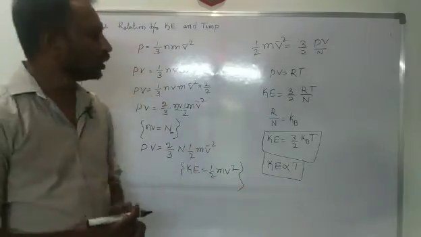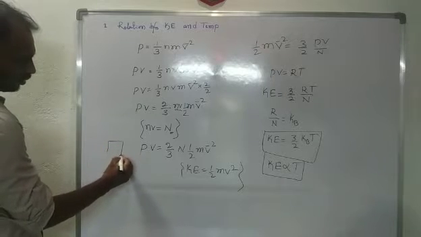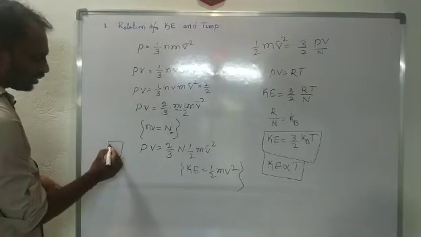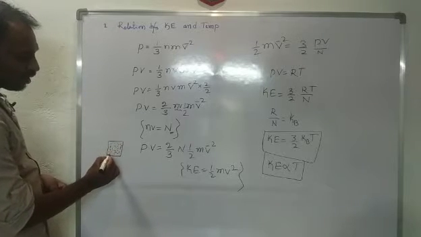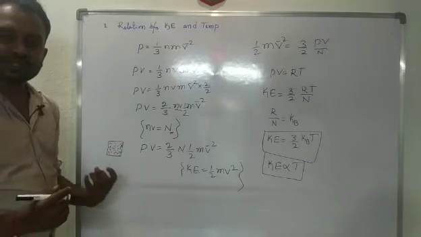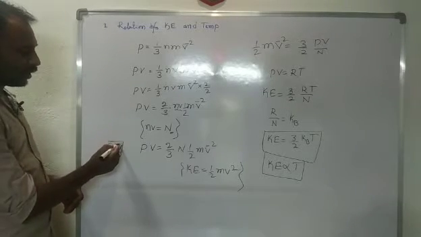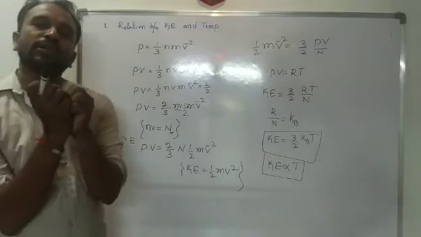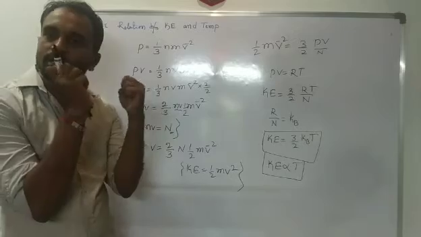Okay, so next one. Suppose here we consider a body, or we consider a system. This system has a number of gas molecules. The total energy of a system is nothing but the total kinetic energy of the molecules, because the molecules start moving along the x-axis, y-axis, z-axis. It means a random motion, colliding with each other.